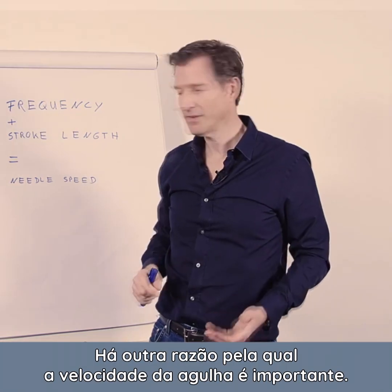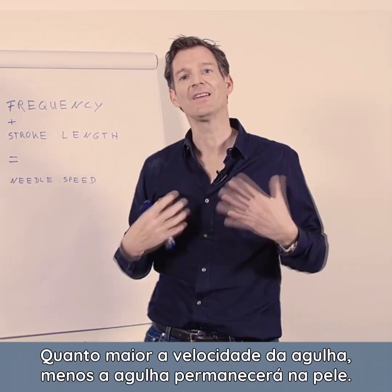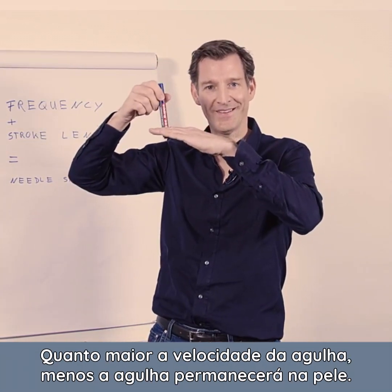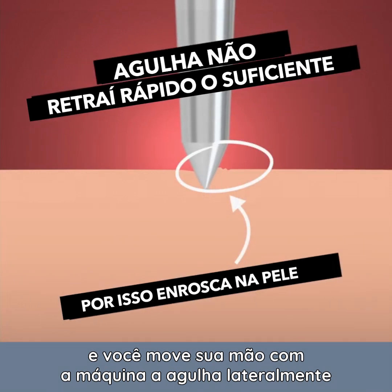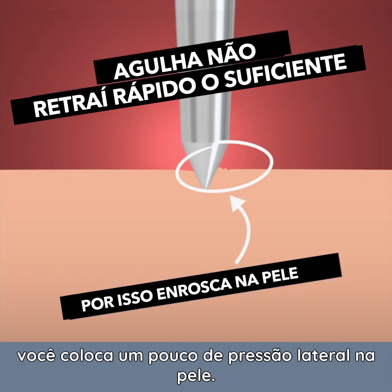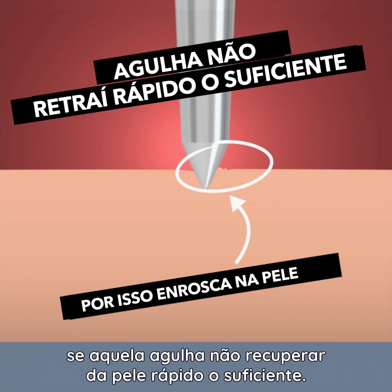There's another reason why the needle speed is important. Because the higher the needle speed, the shorter the needle will remain in the skin. And if you imagine you have the needle inside of the skin and you move your hand with the handpiece and the needle sideways, you put some sideways pressure on the skin. You get a catching, hooking of the skin in the needle if that needle doesn't retrieve from the skin